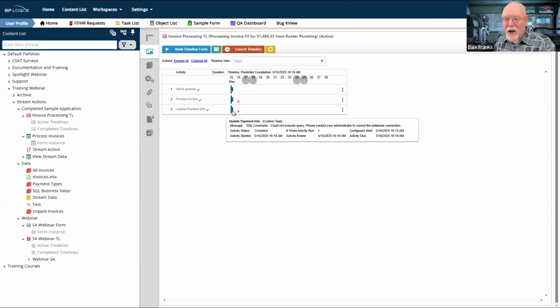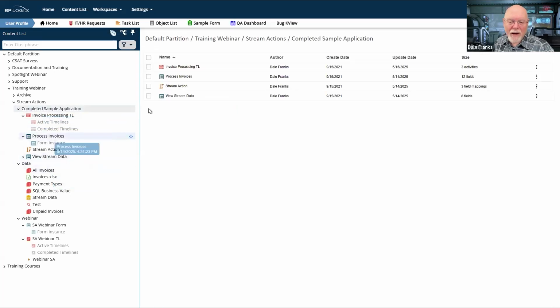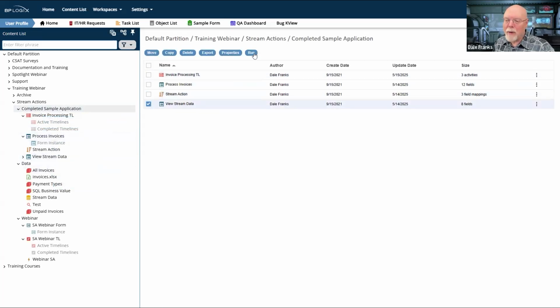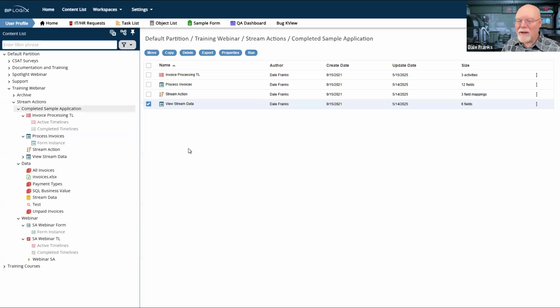So I had to open this up and restart that particular activity, which means, by the way, since I have done that, I should be able to view my stream data, and I should have 5 fully formatted records with all of my data. And I'm now fully caught up with all of the invoices that were outstanding for my organization.